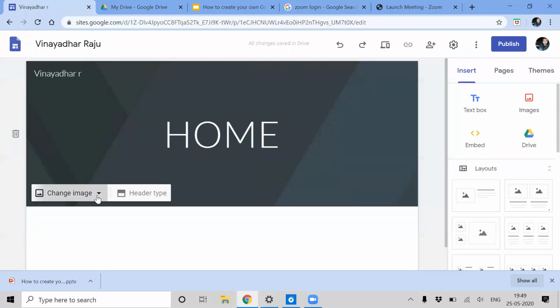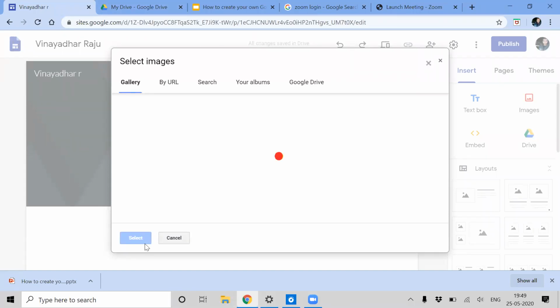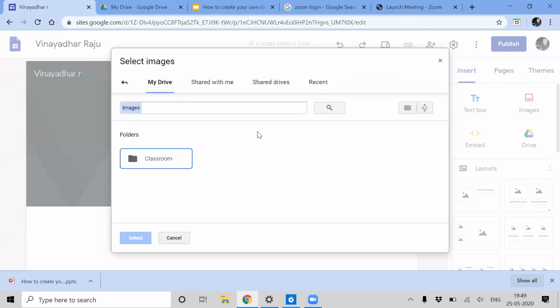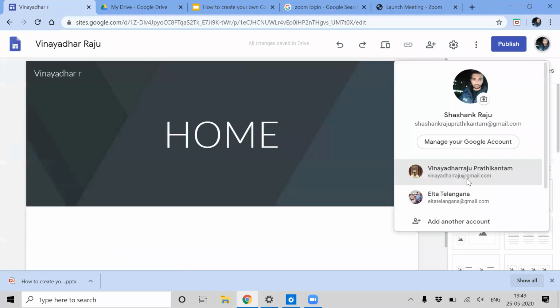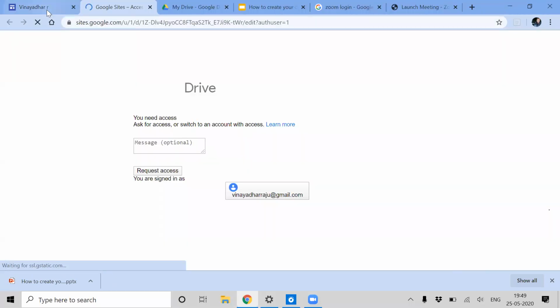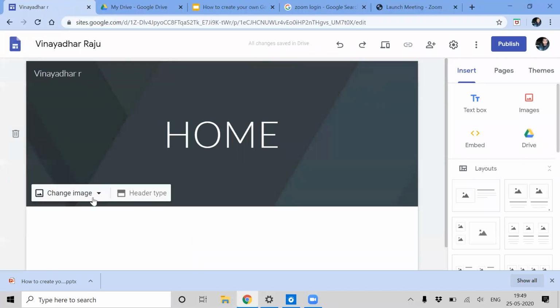Select this and upload, select an image from the drive, and you can add your own image there as a header. It's not showing here because this is not my account. You can select an image and add it.